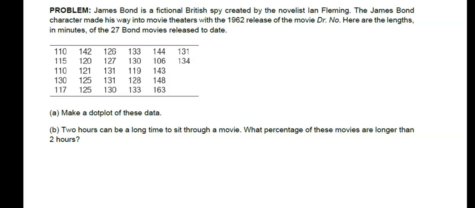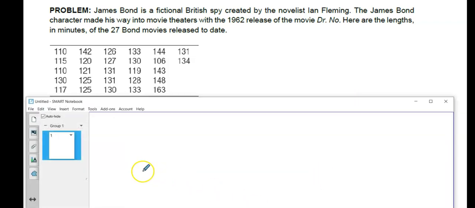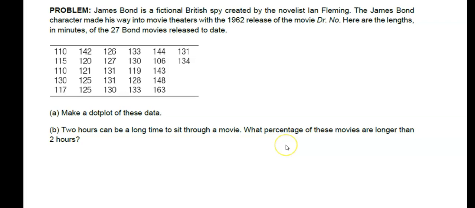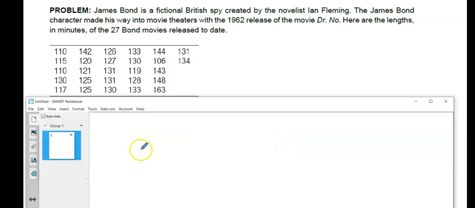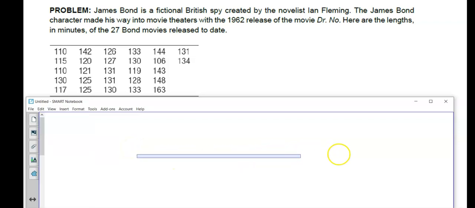Okay, so we're done with today's lesson. Let's just practice this a little bit. I'm going to show you how to do this maybe by hand and also with your calculator. So by hand on this one, make sure that if you're finding, what was the question asking? Find a dot plot. Okay, so if you're making a dot plot, the biggest thing you'd want to do here,